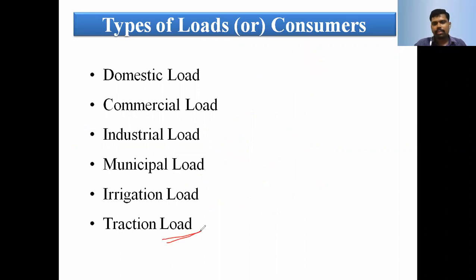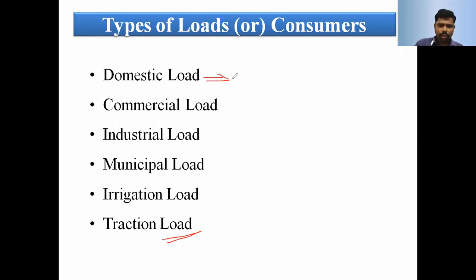And traction load, that is nothing but tram cars, trolley buses, electric trains, and so on. Here the load is not constant throughout the day; it varies. Early morning, 7 o'clock up to 9 o'clock, for all the persons going to office, school, college, and so on. After 10 o'clock, the load comes down to the base load. Again in the afternoon, 12 to 2, the load increases, as some persons come home, take food, and go back to the office. And in the evening, from 4 up to 10 o'clock, the load increases.